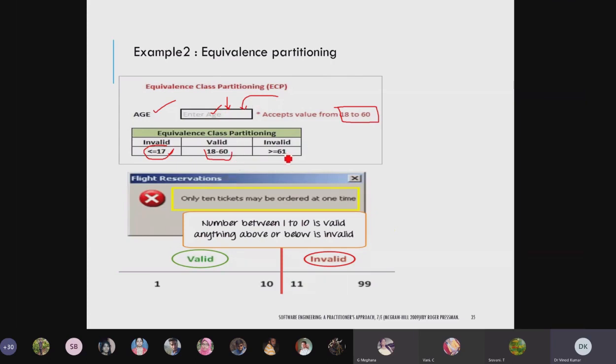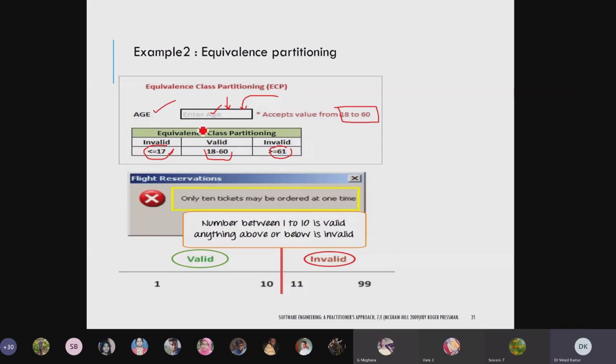And also I will check invalid. So 61 is not following this condition, so my system should say it is invalid. It should not accept 61. If it is accepting, then the system is not working, and you have to make corrections in the logic.